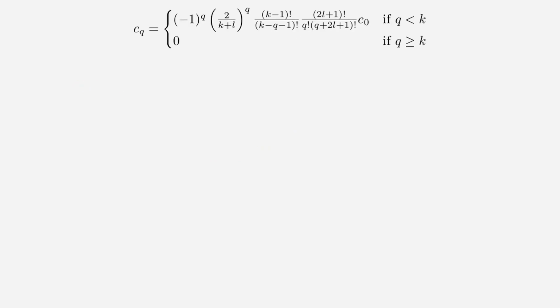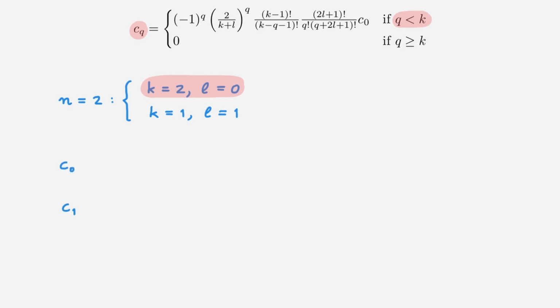Let's now turn to the eigenfunctions. Remembering that for n equals 2 we have two possibilities. We can have k equals 2 and L equals 0, or we can have k equals 1 and L equals 1. So let's first focus on this top case. From the expression for C_q at the top, we see that the non-zero expansion coefficients are those for which q is smaller than k. As we have k equals 2, we can conclude that we have two non-zero expansion coefficients, C0